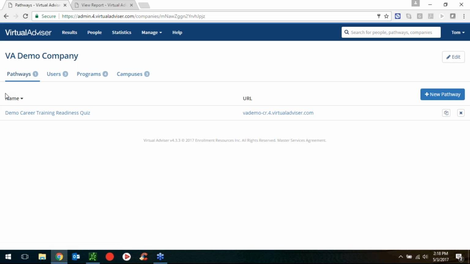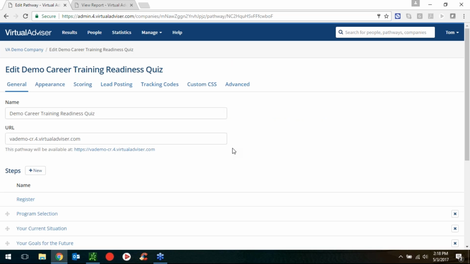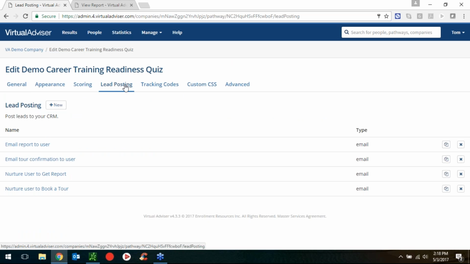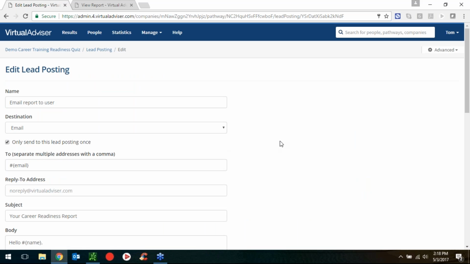Go back to the pathway here as well. One of the newer features that we've put in here, under the lead posting section, and a couple things that we started to implement towards the end of the last version, and some new things here, is we can have an email automatically sent to the user. So as a prospect is filling this out and they get all the way to the report page, we have an email that will automatically go out to that user,